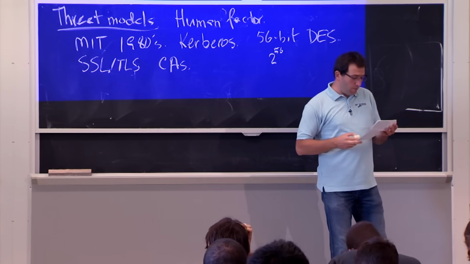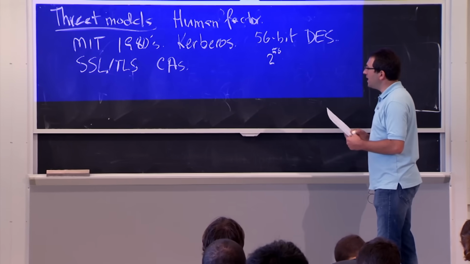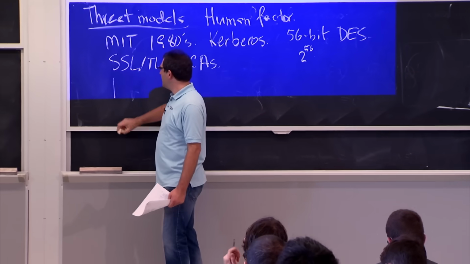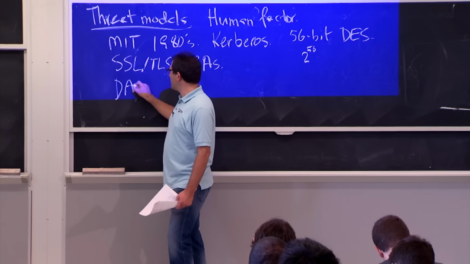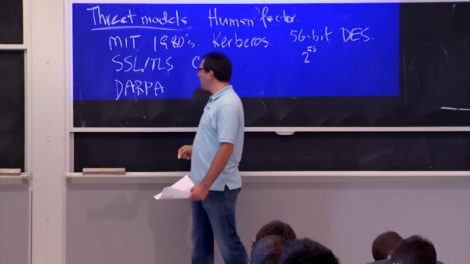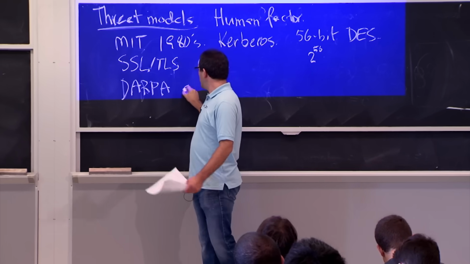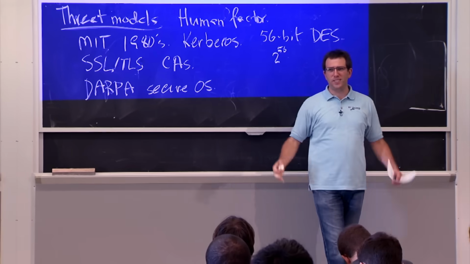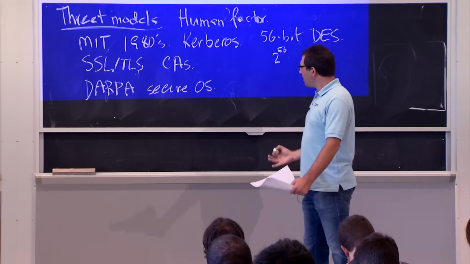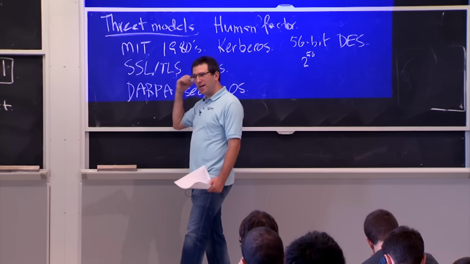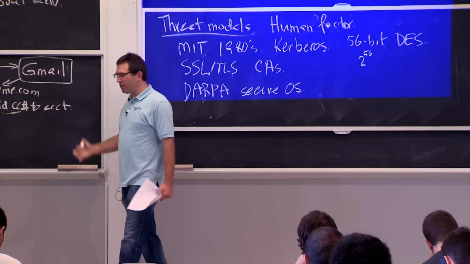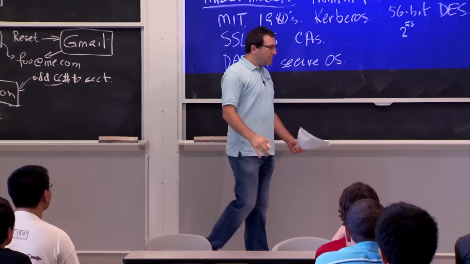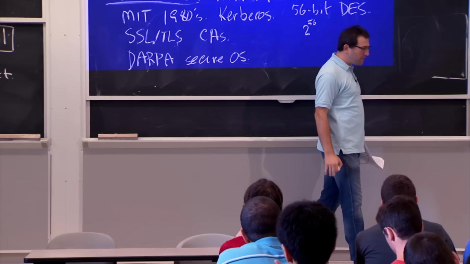And there are many other examples that are things you might not have thought of. Another amusing example from the 1980s was DARPA, this defense agency, which at the time really wanted to build secure operating systems. They actually went so far as to get a bunch of universities and researchers to build secure OS prototypes. And then they got a red team, a team of guys pretending to be the attackers, and told them, go break into these secure operating systems any way you can. We actually want to know, is it secure? And it's kind of amusing.